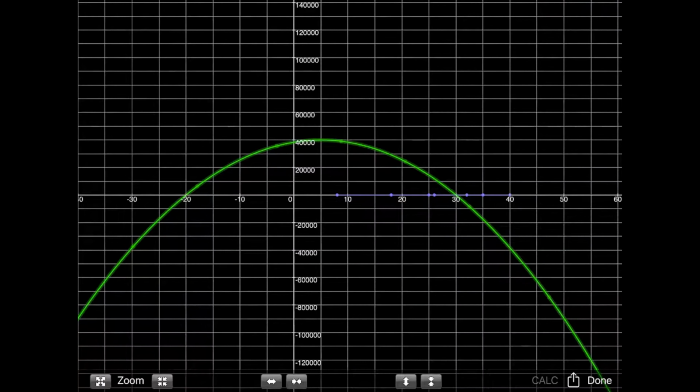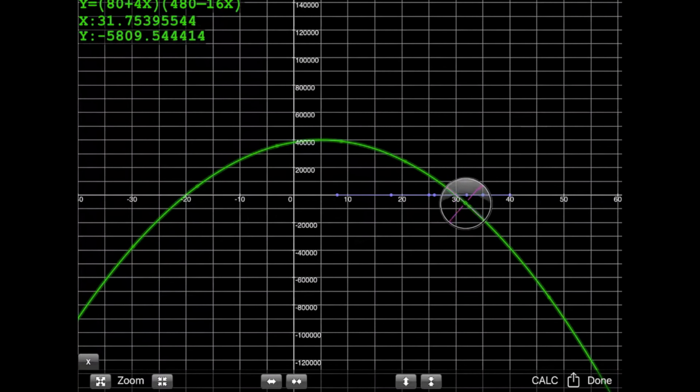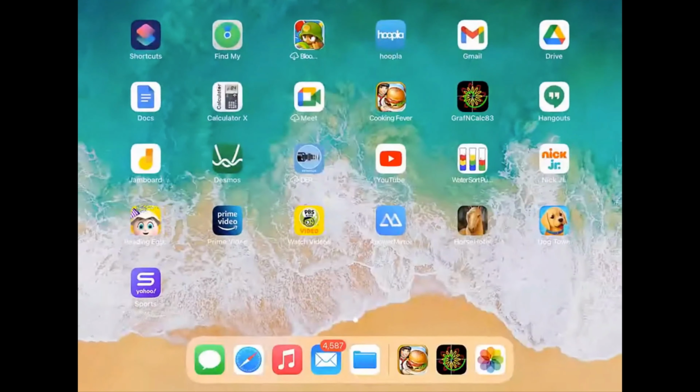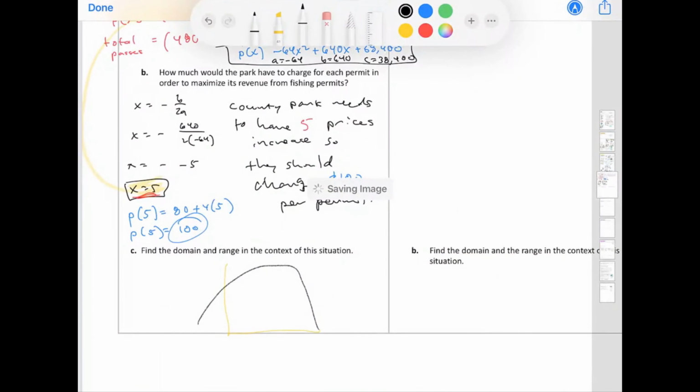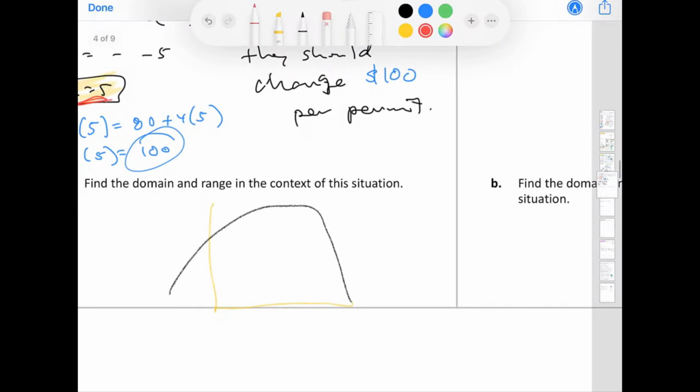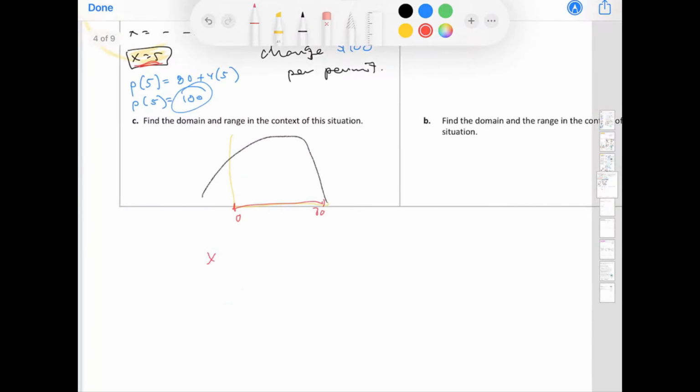Just graph that, and you'll see that this number is, see, even that's kind of cool. Even stops it right at 0. So cool. 30, 0. So on your graph, we're just going from here to here, so that's 0 to 30. So x, you can buy anywhere between 30 for your domain, and then your range,